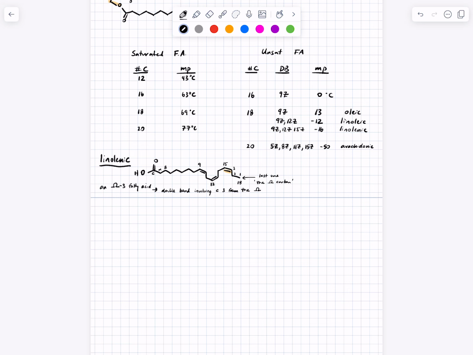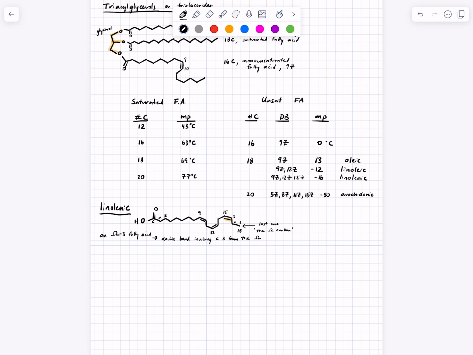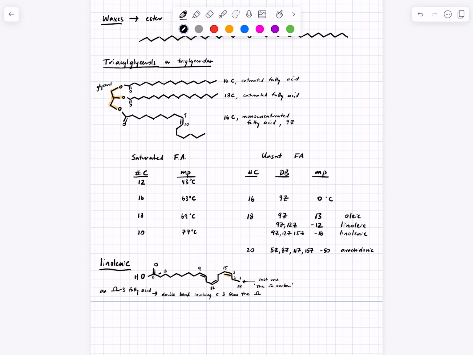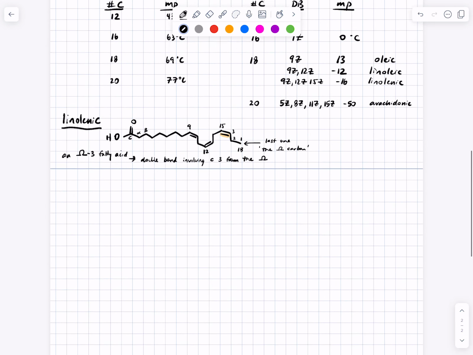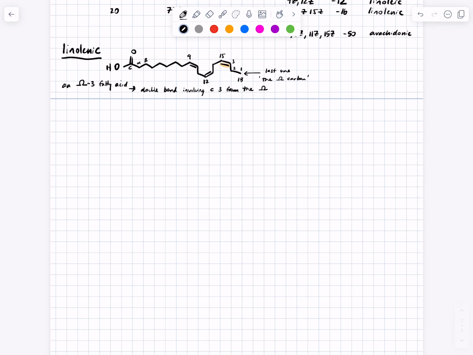Okay, I also want to talk about the fatty acid composition of various triacylglycerols or triglycerides that you encounter in your day-to-day life. Some of this is in your text, and you can see here sort of the difference between fats and oils. So let's show you just some brief data. This isn't going to be organism specific.